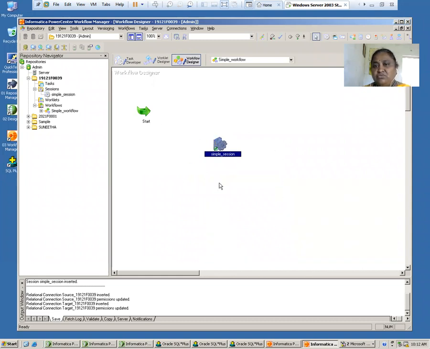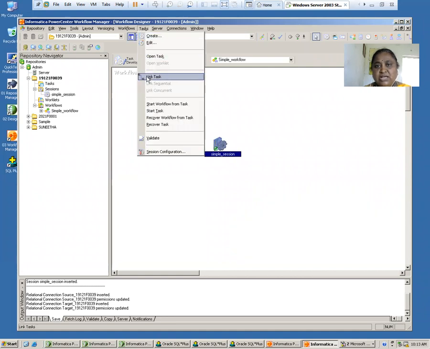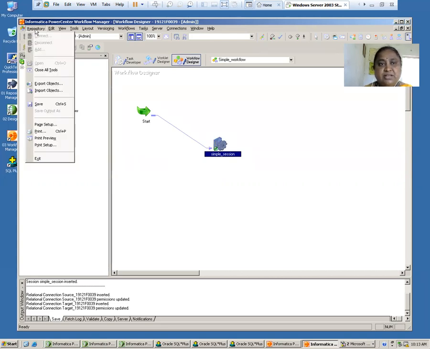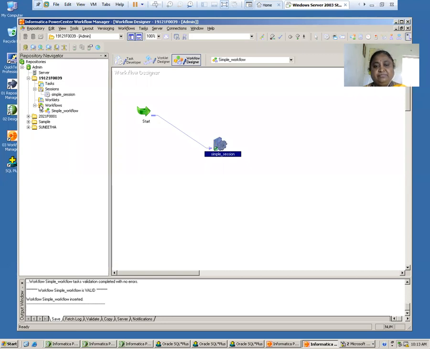Now I want this workflow to be executed. To have my workflow executed, I have to connect it to my workflow. So I go to the task, I select the link task, I click from start to the simple session, and I save.